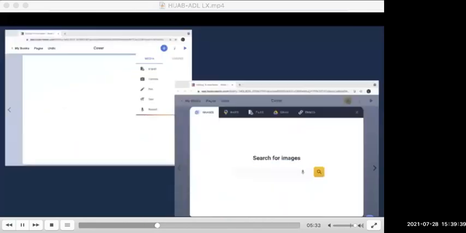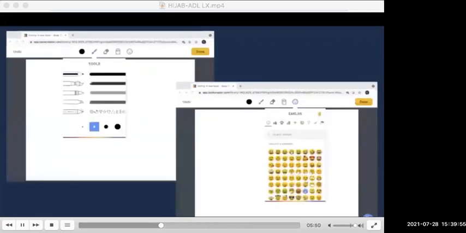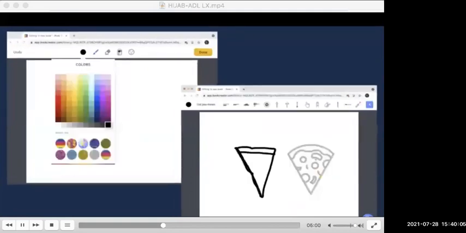Book Creator has a simple and user-friendly interface. The students have the option to import their hand-drawn artworks, use their gadget's camera to take photos and upload them directly to the app, or import images from their device, drive, or online. They also have different tools to choose from like pens, markers, and brushes. They can insert emojis depending on the theme of their story.